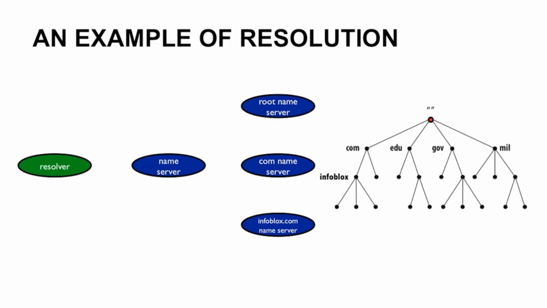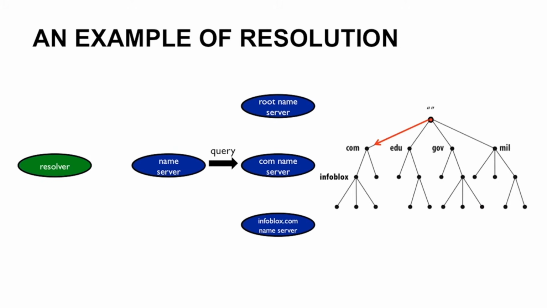Now, the root name server probably doesn't know the address of www.infoblocks.com, but it can, at the very least, send a referral to the com name servers. So the name server in the center follows up on that. It chooses one of the com name servers to query, and it asks it for the address of www.infoblocks.com. That com name server probably, again, doesn't know the address of www.infoblocks.com, but at least it'll know where the infoblocks.com